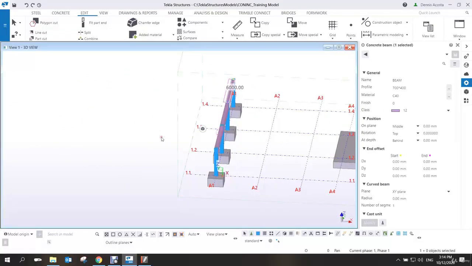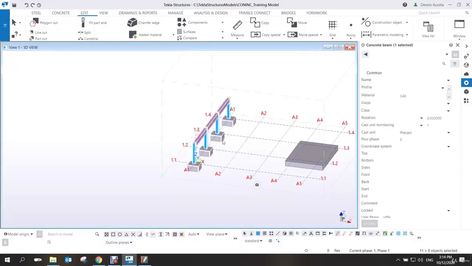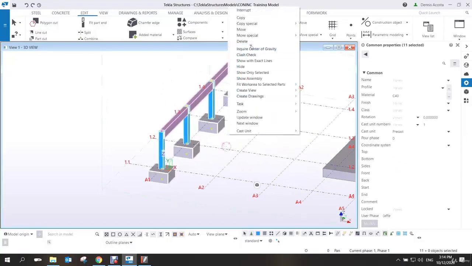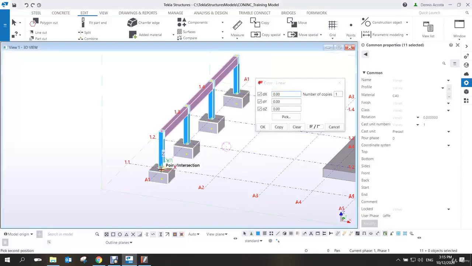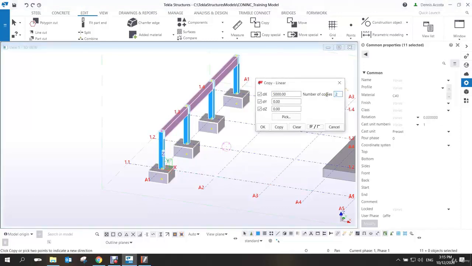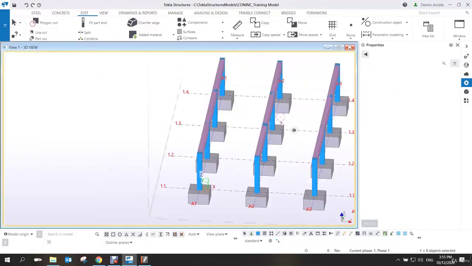Next is I can copy this one. I will use the copy command, which is similar to copy multiple, because this one, okay, actually I can use the copy special linear. So from this point, pick this point to this point is how much? 5 meter. So how many? 1 and 2, correct? Yeah. So I'll type here 2 copies, and there you go. So I have this 5 meter, right? And then